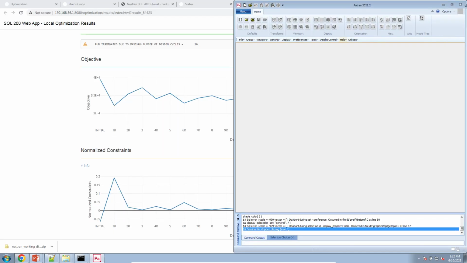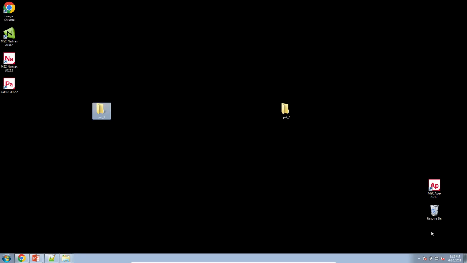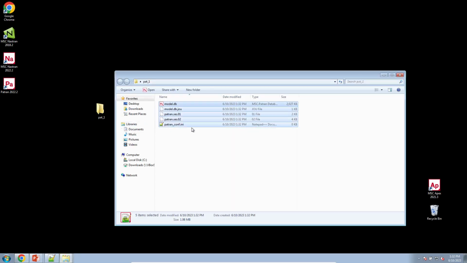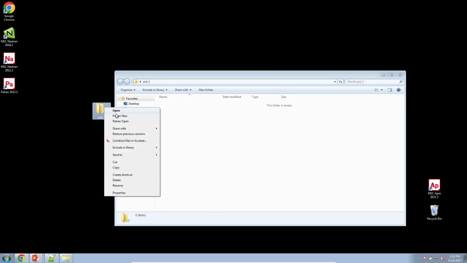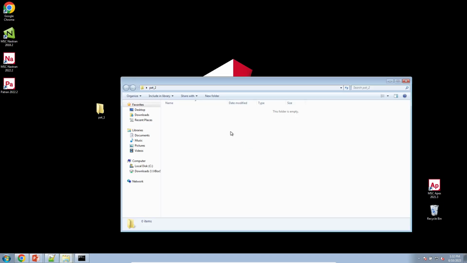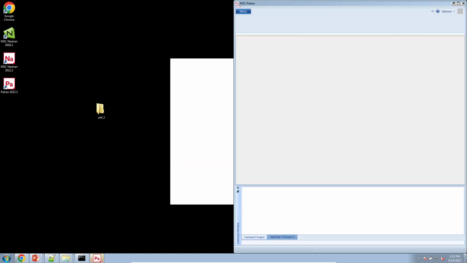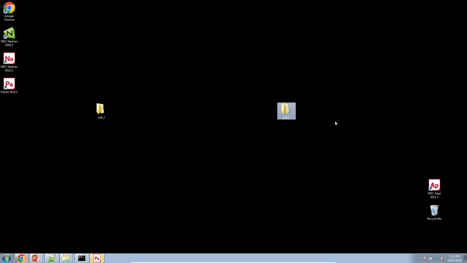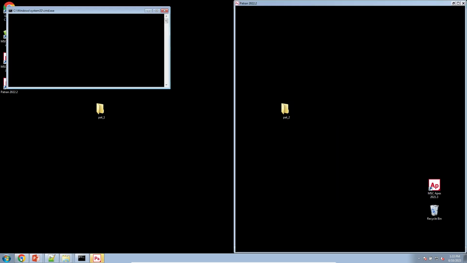All right, let me do this again. So let's go ahead and open Patran here on the left. And then we'll go ahead and open Patran here on the right. And then I should note that in this other window,